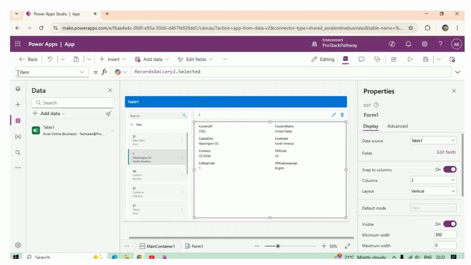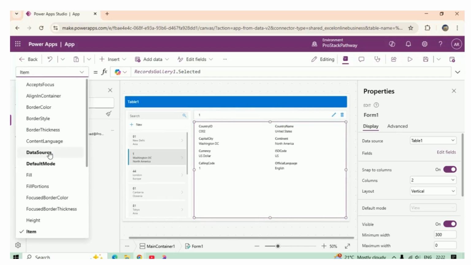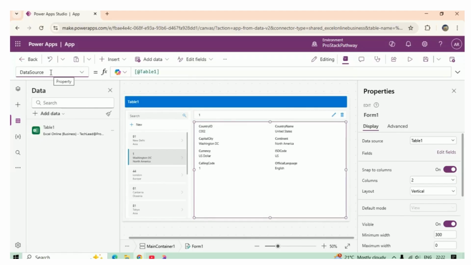So this is on the Item field of the form. We have another property called DataSource. If you go to the DataSource property of the form here, you can see it's referring to Table1. This is auto-generated when you connect the Canvas app to the data source. This Table1 is referring to the same table which is there in the Excel file. So that is the reason it is called here in the data source, telling that Power Apps is getting this particular data from this source